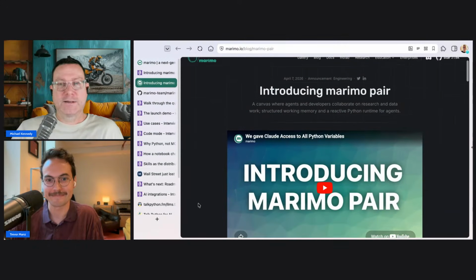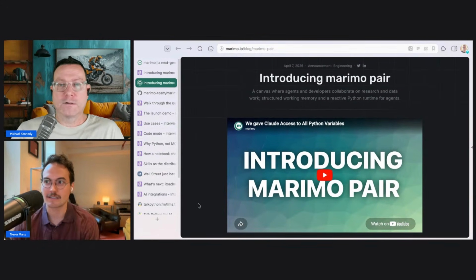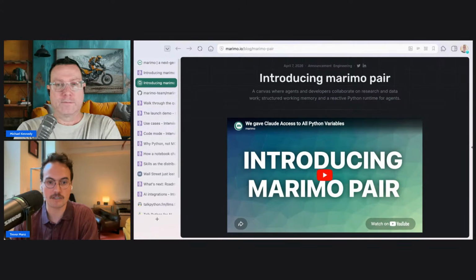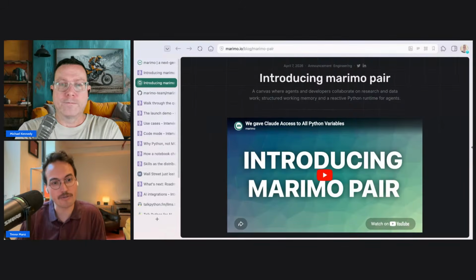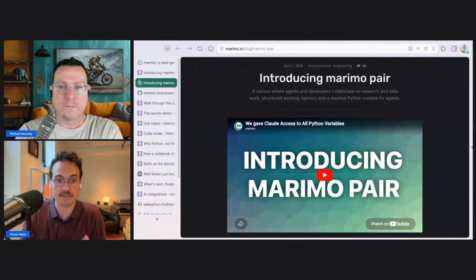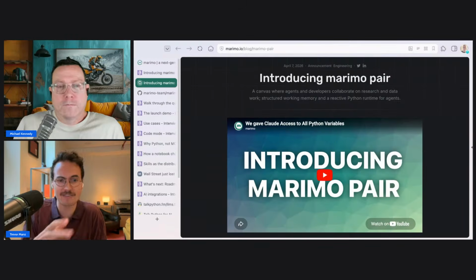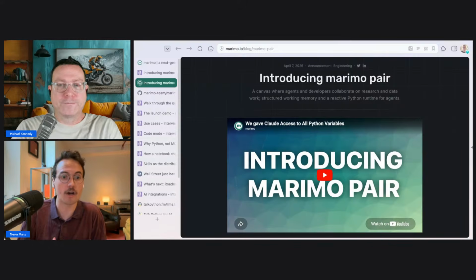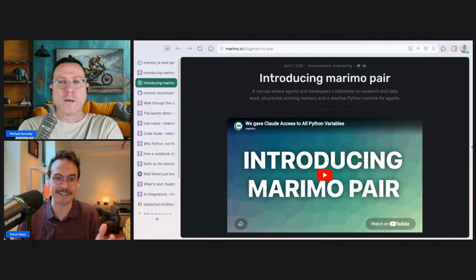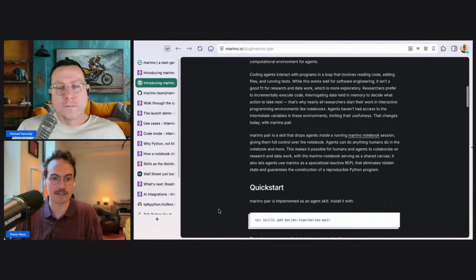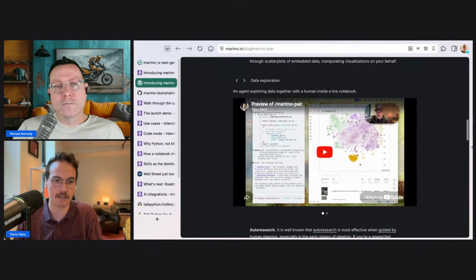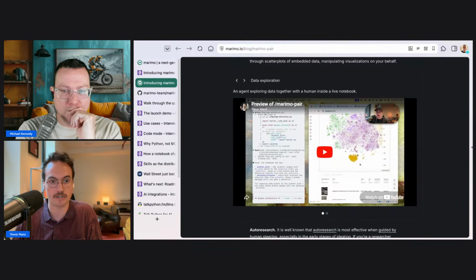What is this? Yeah, so Marimo Pair is an agent skill that drops an agent inside of an active Marimo kernel. It's a single tool that allows the agent to run Python code inside of that kernel to inspect the intermediate values you have in your kernel environment, but then also drive the authorship of the notebook itself and run and execute cells. So basically, it allows the agent to do anything you could do in a Marimo notebook, and extend your analysis by giving the agent the ability to drive the exploration of a Marimo notebook.